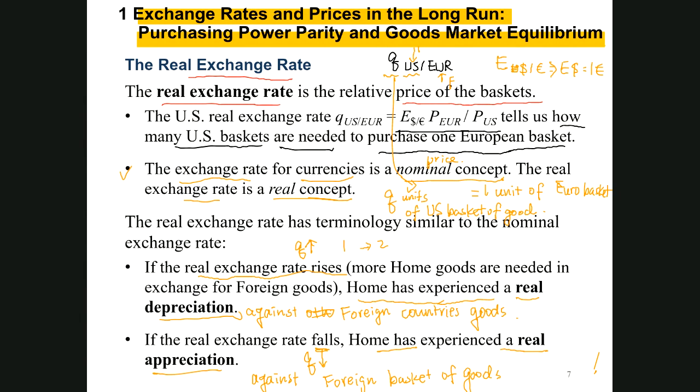Yeah, so if we could use this as an example, maybe take a look. So think about that. If previously the real exchange rate between the US and Europe is equal to 1, what does it mean? It means a basket of European goods, 1 unit basket of European goods, could exchange for how many? Could exchange for 1 basket of US goods,